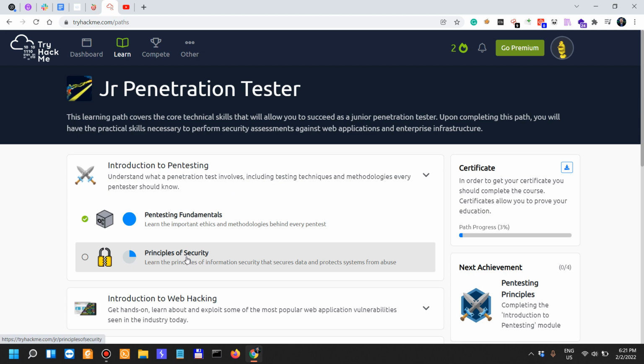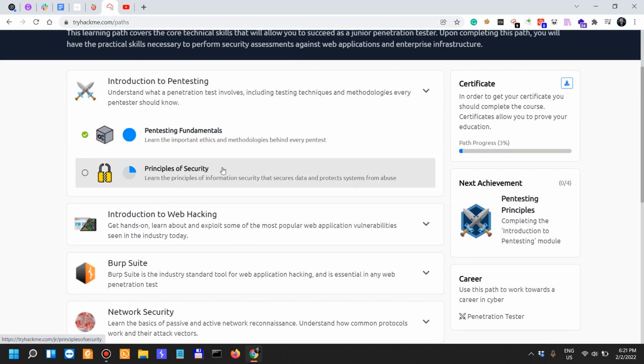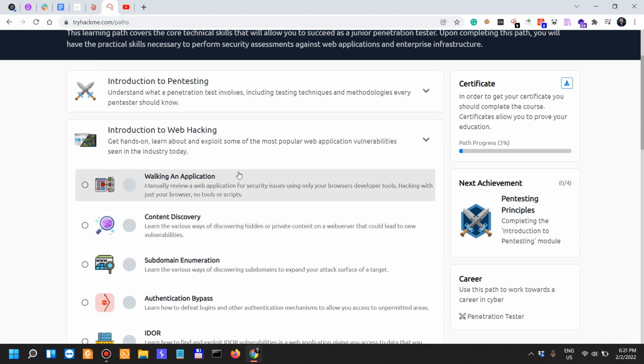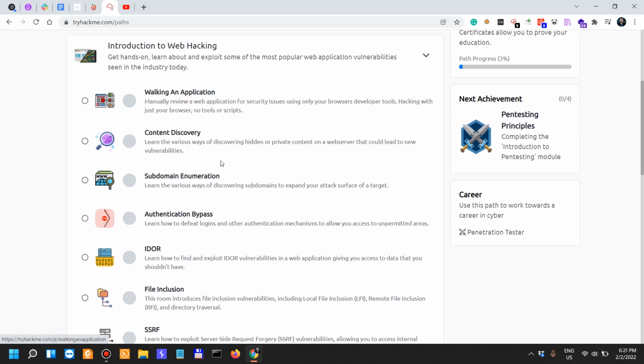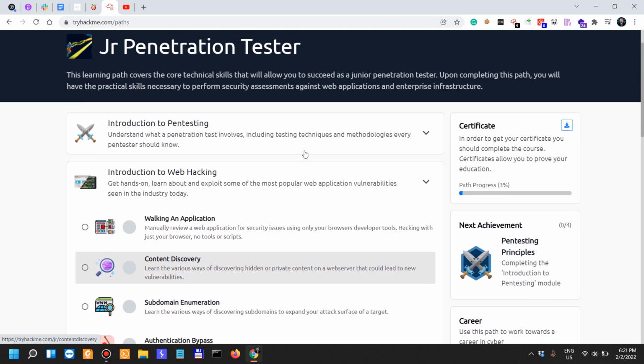Now today I'm going to look through the principles of security, so I'm actually going to flash forward through this one, and then in the next videos we're actually going to go through this introduction to web hacking. If the level of interest of you guys watching this video is maintained high, I'm actually going to go through